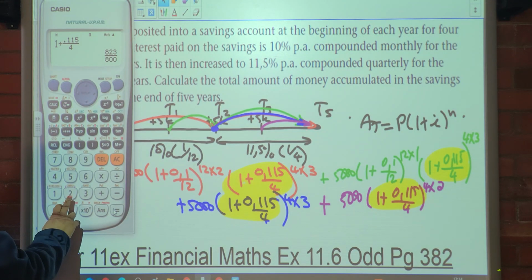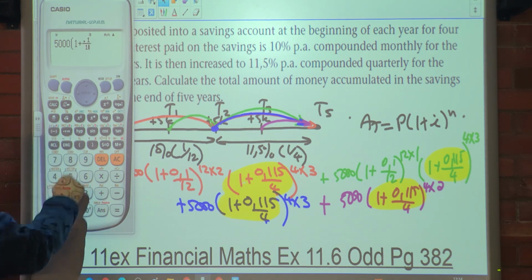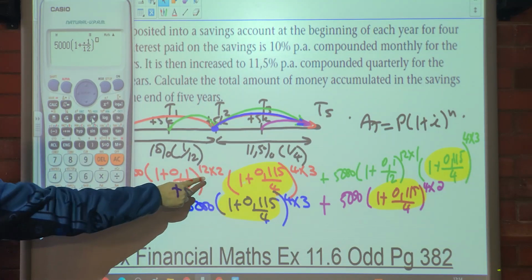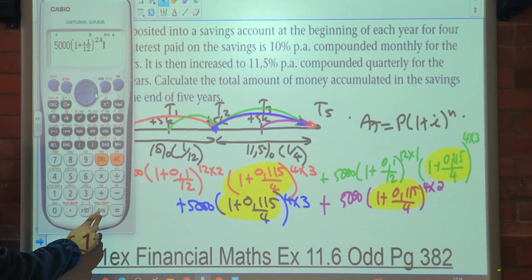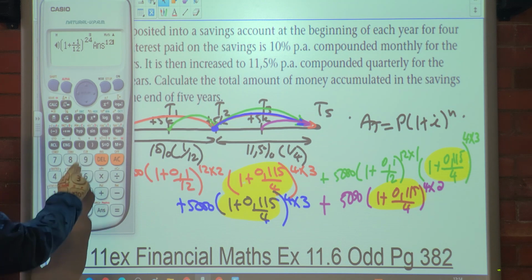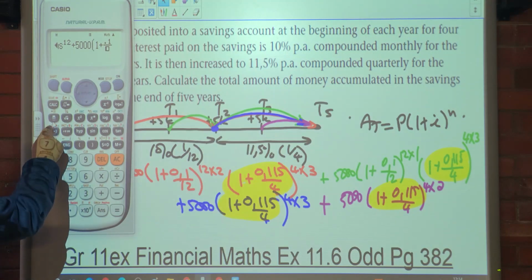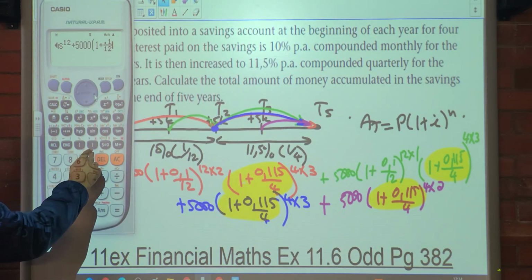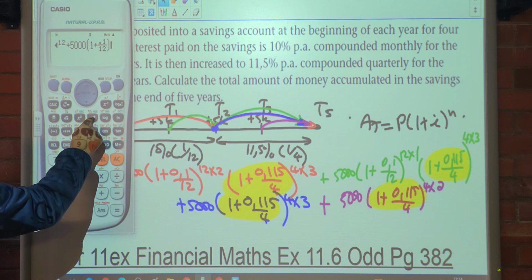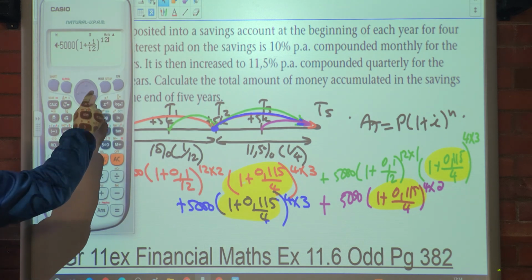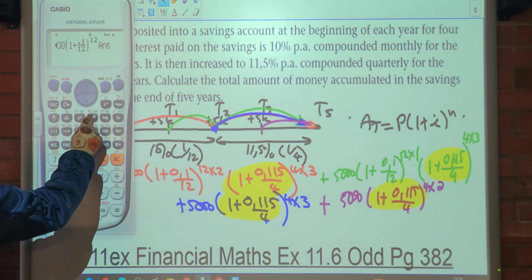So it's going to be 5,000 into 1 plus 0.1 over 12 to the exponent 24 times answer to the exponent 12 plus 5,000 into 1 plus 0.1 over 12 to the exponent 12 times answer to the exponent 12